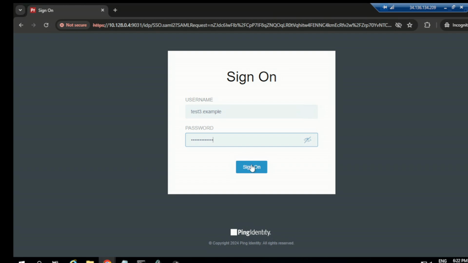Once this authentication is done, you can see it basically sends the username value to the simple username PCB, and in the simple username PCB we have this user existing as I configured. Now I'll just give the password of this user that I set in PingFederate. Once this is done,